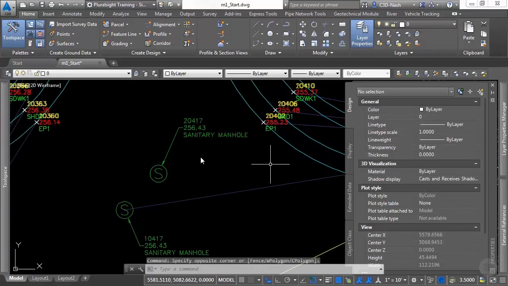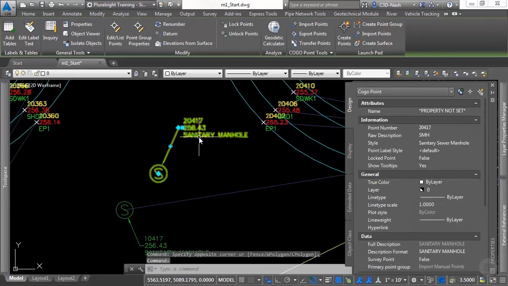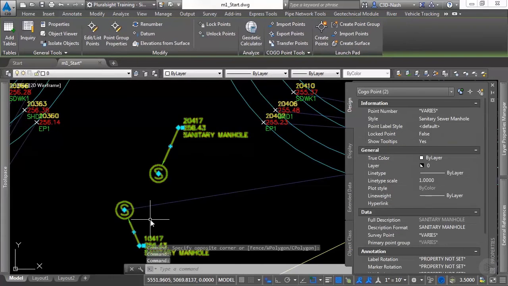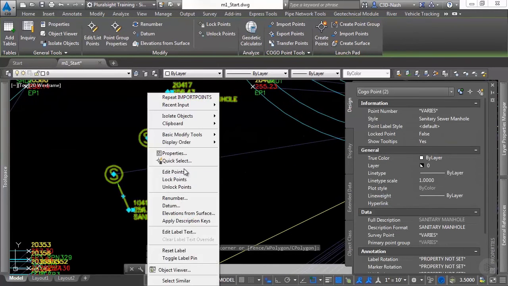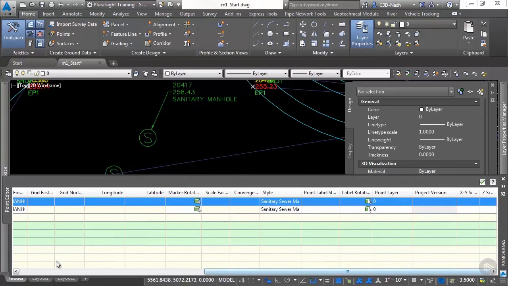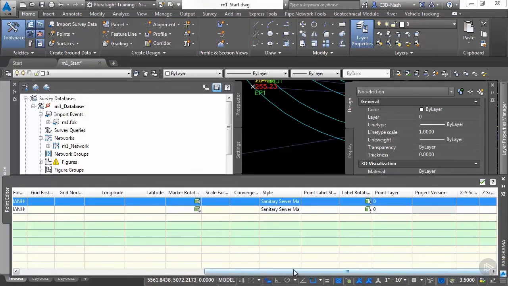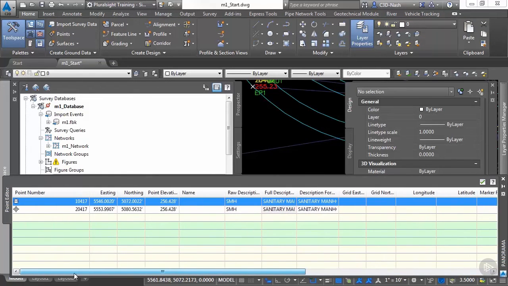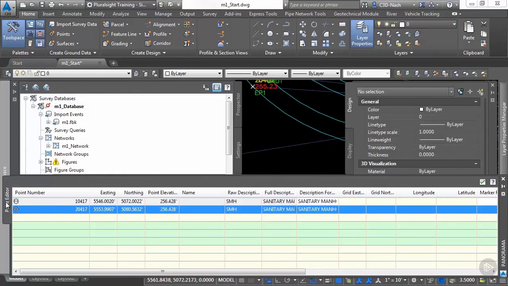So let's look back at the original point and the survey point. Let's just grab both of those. We'll right click and hit Edit Points. Now Panorama has popped up, and we'll notice when we scroll over here that we have our 2 points, and